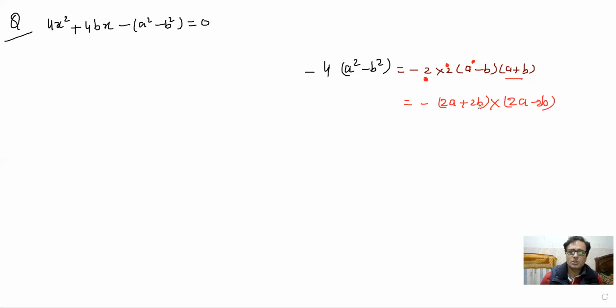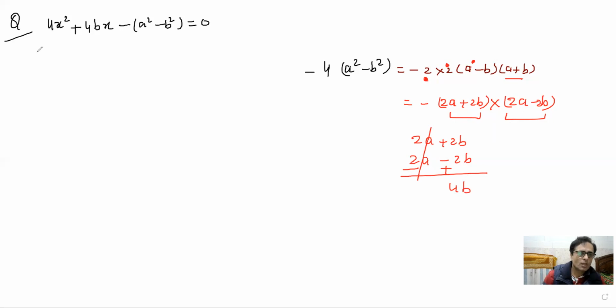So from here, if you take the difference of these two factors, since there is a negative, the difference of these two factors will be equal to 4b. Let me show you how it is coming. That is 2a plus 2b, and subtracting this one, difference means subtraction, that is 2a minus 2b, and subtract them. That is already positive, so it becomes negative, it becomes positive, that is cut down, it is coming 4b. Now you understand, it means we have to convert 4b into these two factors by the difference.